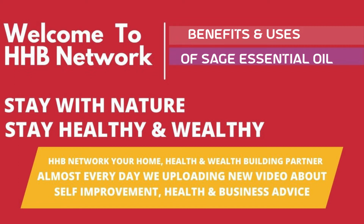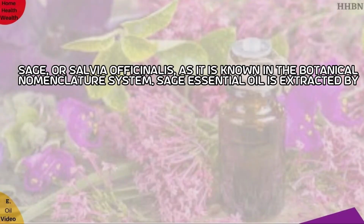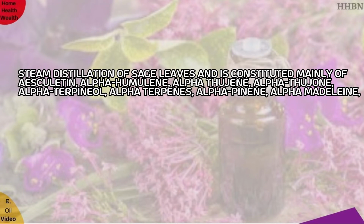Today I'll discuss the most benefits of sage essential oil. Sage, or Salvia officinalis as it is known in the botanical nomenclature system. Sage essential oil is extracted by steam distillation of sage leaves and is constituted mainly of alpha-humulene, alpha-thujone,